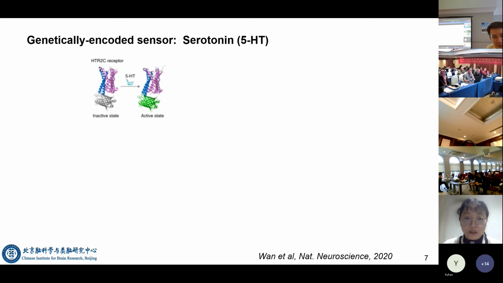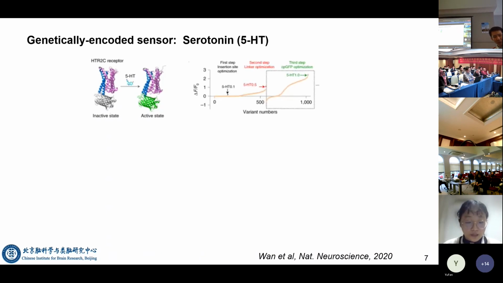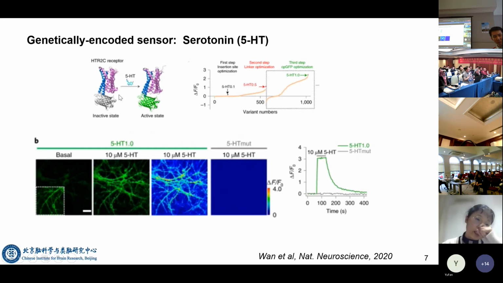After that, Dr. Li's lab also worked on another transmitter, serotonin. Serotonin is also a very important transmitter in brain research, and serotonin signaling in the brain plays a critical role in a wide range of functions, including mood control, reward processing, and sleep-wake homeostatic regulation. Indeed, drugs targeting central serotonin activity have been used to treat virtually every psychological disorder, with the best example being the use of selective serotonin reuptake inhibitors. And so they explored this